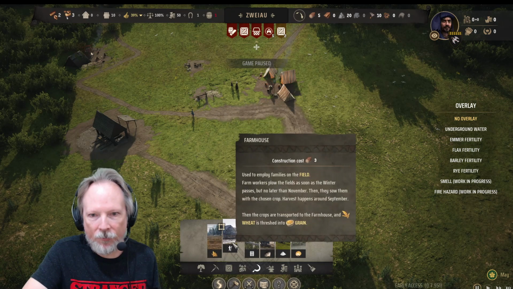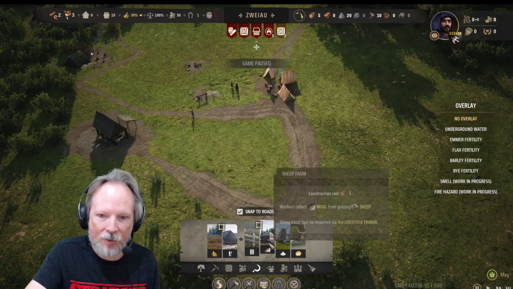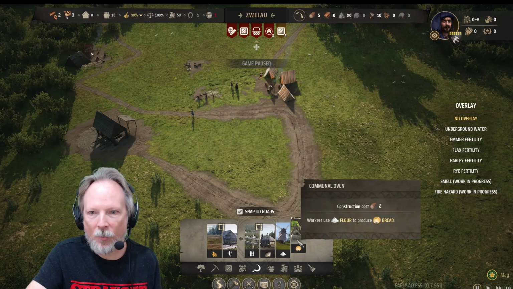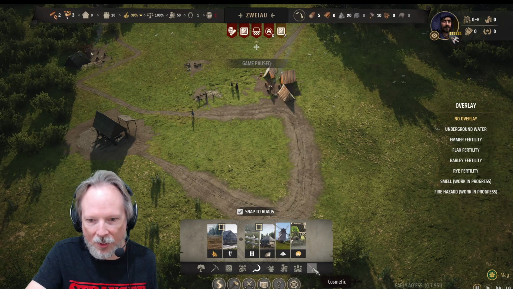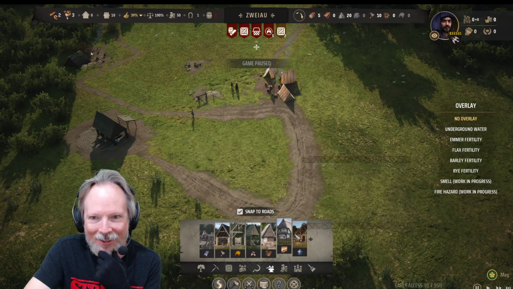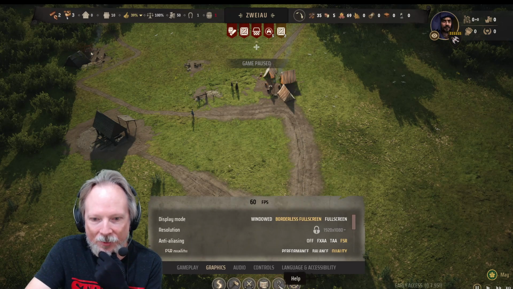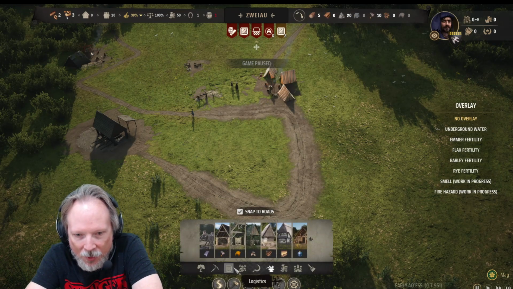Oh, you gotta have fields, farmhouse, pasture, sheep farm. Oh my goodness, all sorts of stuff that I didn't see at the beginning. So we're gonna starve. That's okay. I'm learning how to play this right now. That's the most important part. I don't quite understand the market one because...